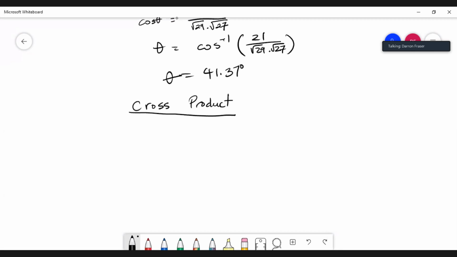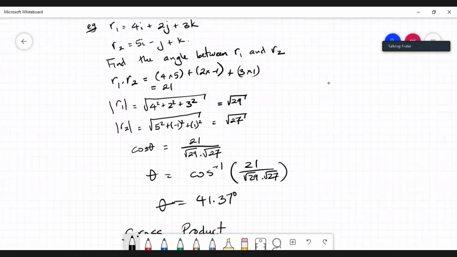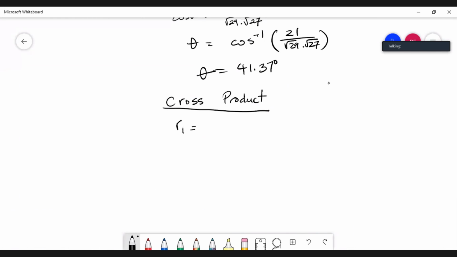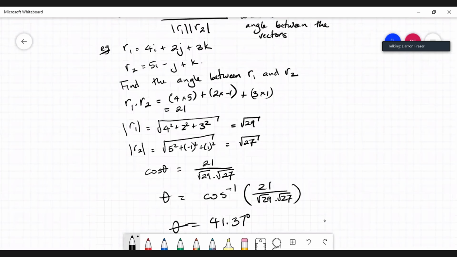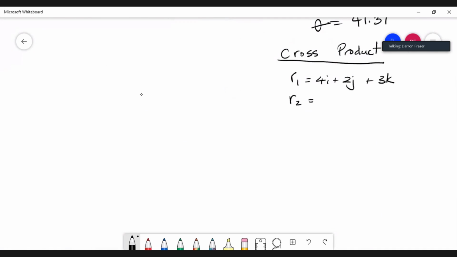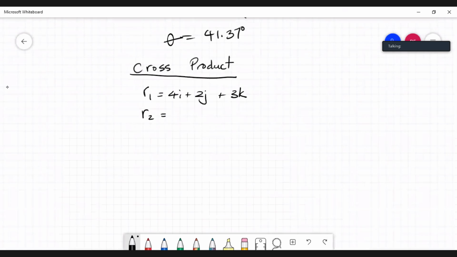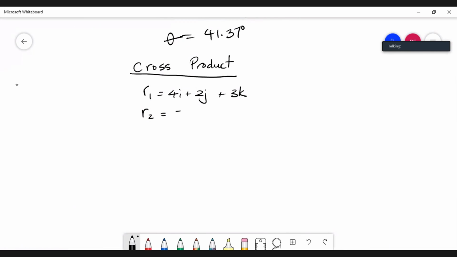I always find that it's best to deal with the mechanics first. So let us say R1 again is equal to 4i plus 2j plus 3k, and R2 is equal to 5i minus j plus k. We define the cross product R1 cross R2